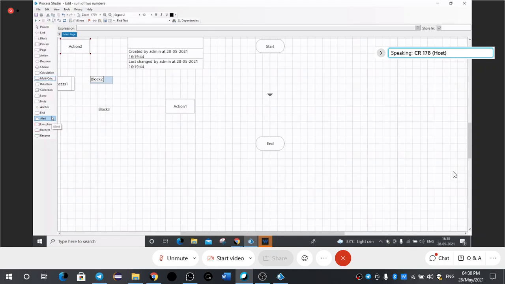Then alert, which alerts with messages whenever you have an error that is to be displayed on your screen. Then you have exception. These are unintended errors that can be generated by a human or by the system. That is exceptions. Then recover. The exceptions can be raised at any moment, so they can be recovered by using the recover stage.